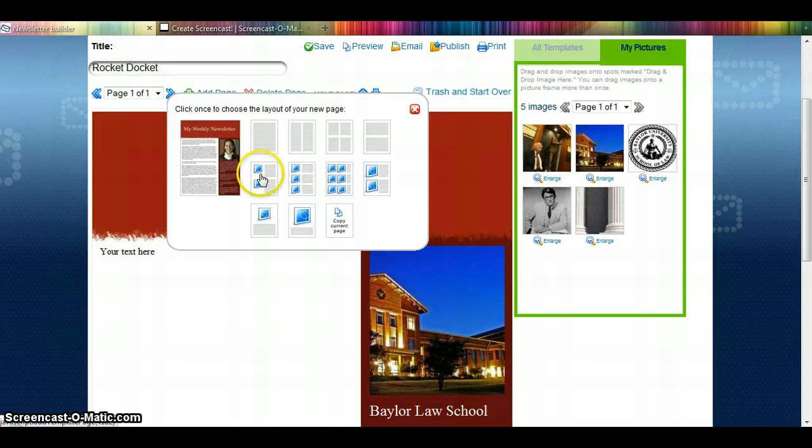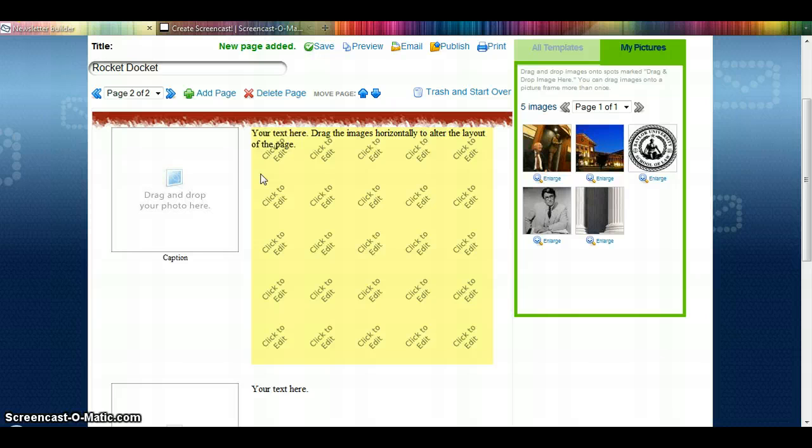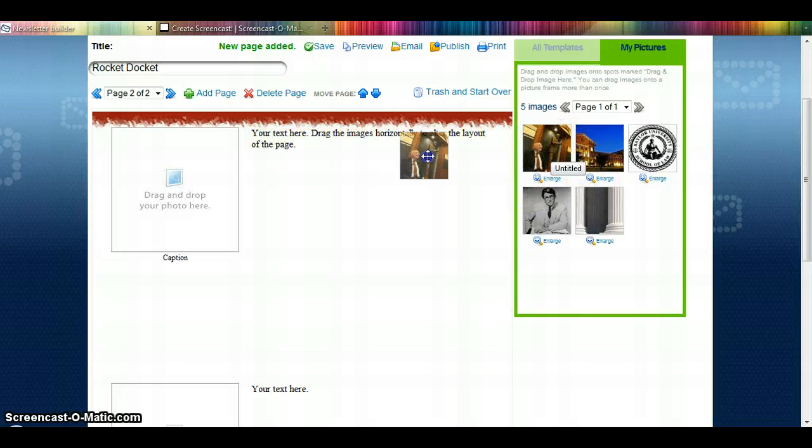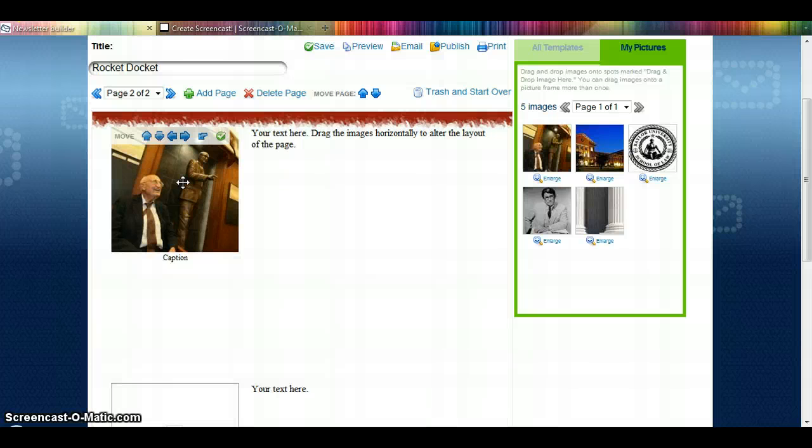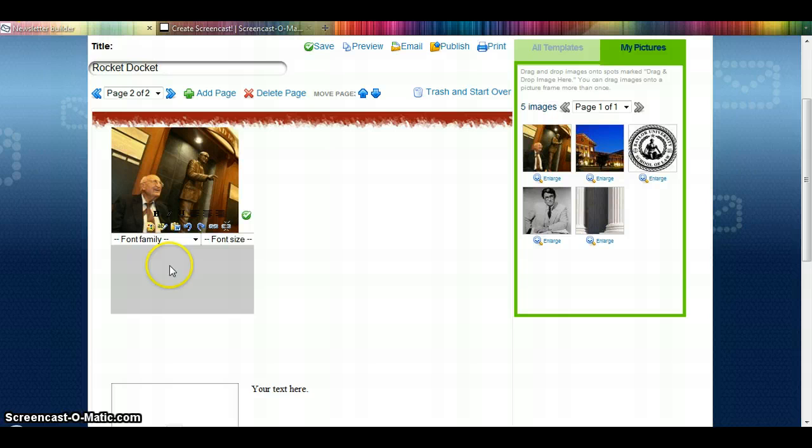So I want to choose one of these that has smaller images, and I just do it the same way. I drag and drop and it'll appear in that area. Now I'm able to add a caption under my photo by clicking underneath it, and I can just type in